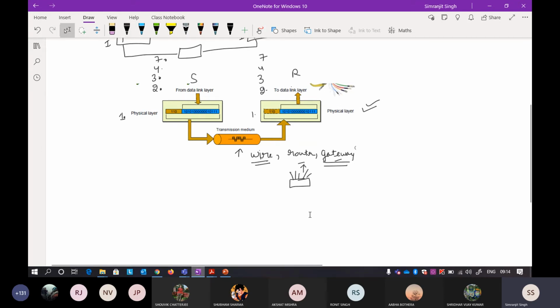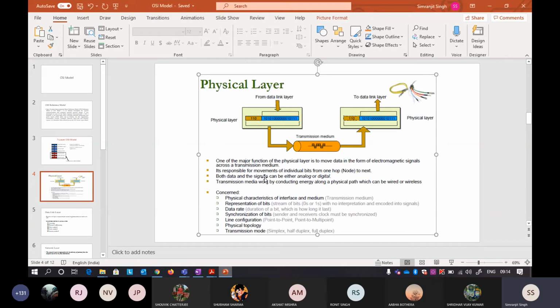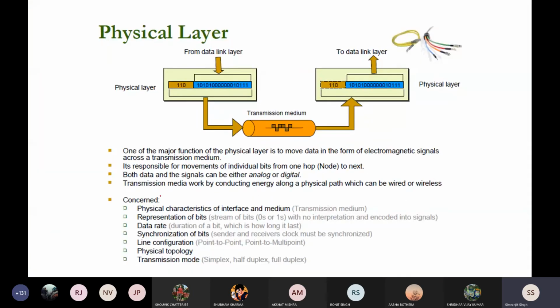Now what is the task of the physical layer? The task is written very clearly: physical characteristics of the interface and medium. It is only talking about what the transmission medium is, like wires and other things. Then representation of bits. What exactly does the physical layer do?